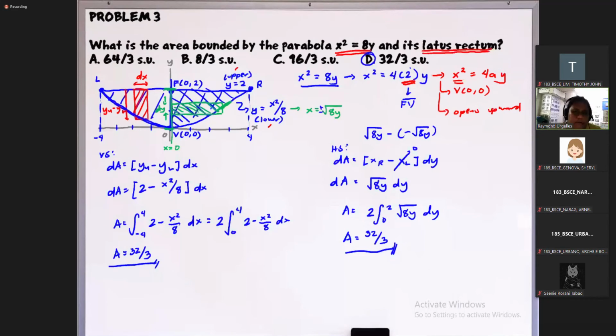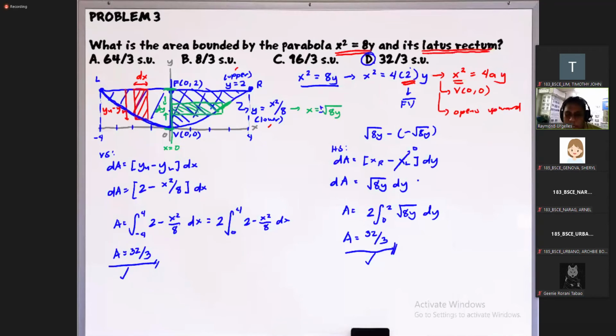So gamitin nyo lang kung ano yung mas convenient sa inyo. Para sa akin na mas convenient dito, vertical strip, kasi walang square root. Napansin nyo dun sa pag-integrate natin sa calcu, mas mabilis na palabas to compare dito, kasi dito merong square root, no? Isa yan sa mga iniiwasan natin pagdating sa board exam, so mga radicals. Yan kasi yung nagpapakomplikado minsan sa equations natin, okay? Kaya ako pag meron akong option na isang solution na walang radical versus isang solution na may radical, mas pinipili ko yung walang radical, even though minsan mas mahaba yung pagsisimplify niya.